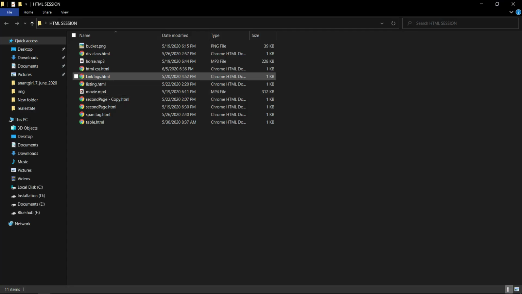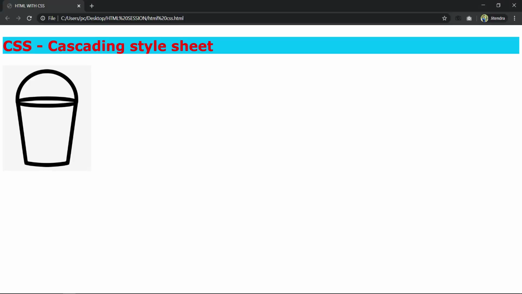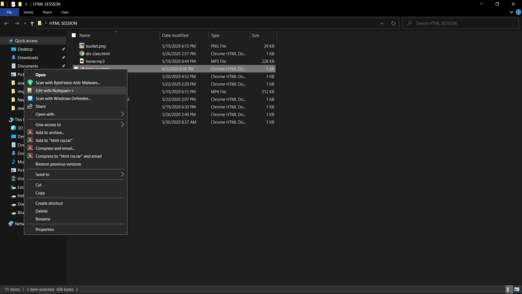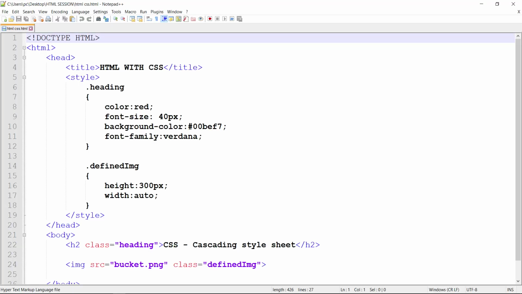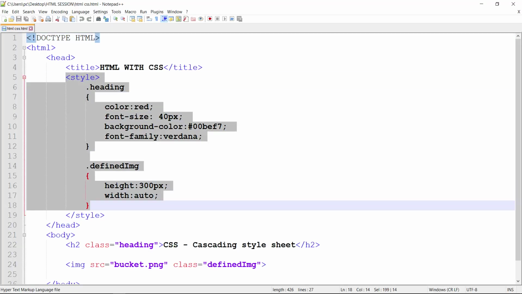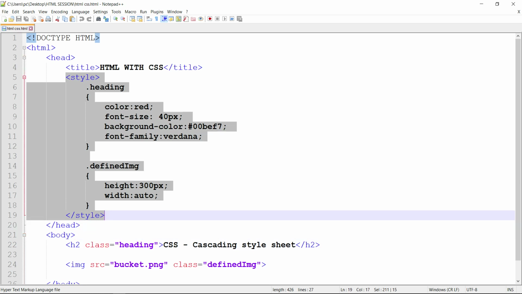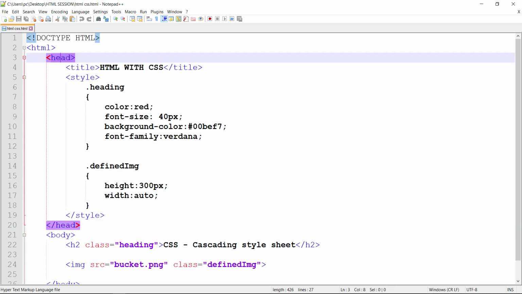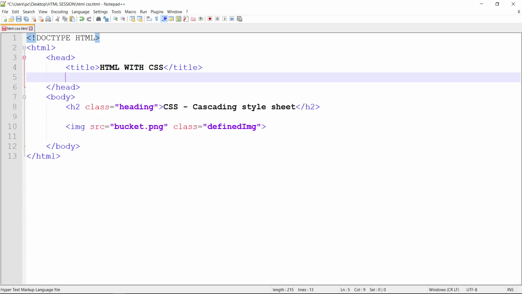Let us open our HTML file and internal CSS we have written already, right? I think this is the file that we have used in the previous lecture. Yeah, so this is the way of writing internal CSS within the head tag. If you write this in the body tag also, it will work, but the W3C standard says to write styles or internal CSS within the head tag.